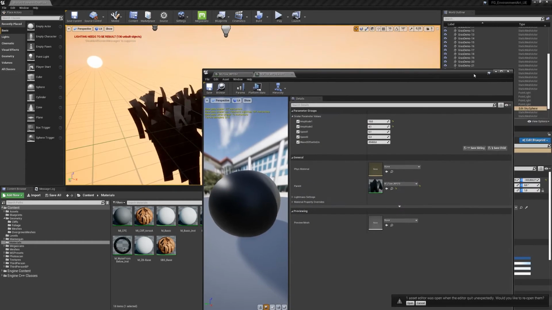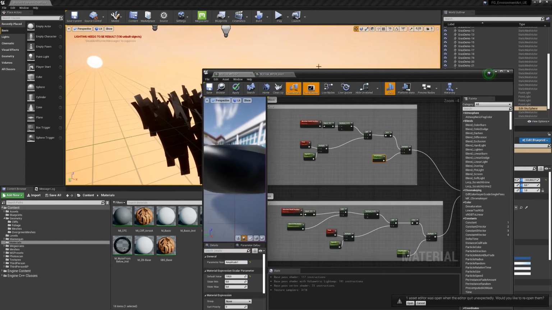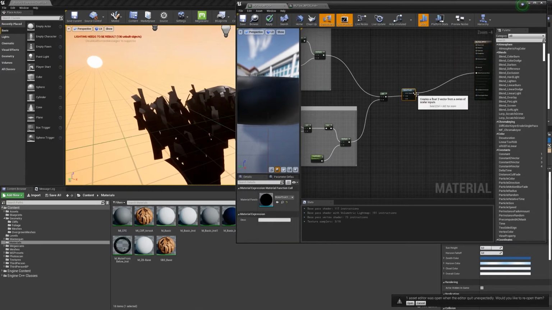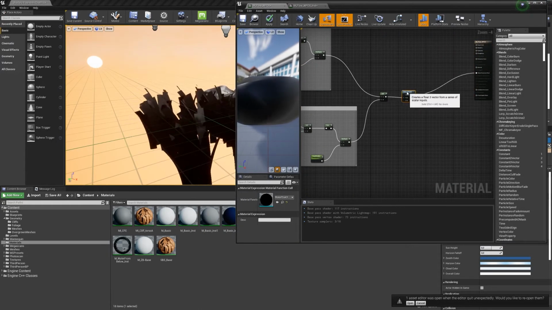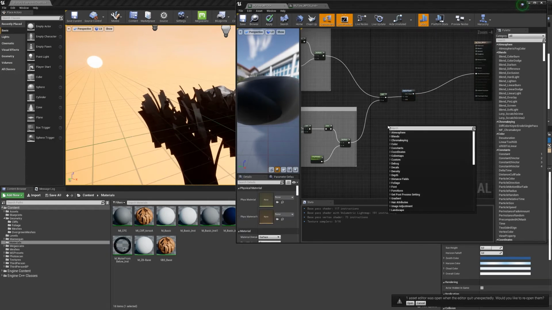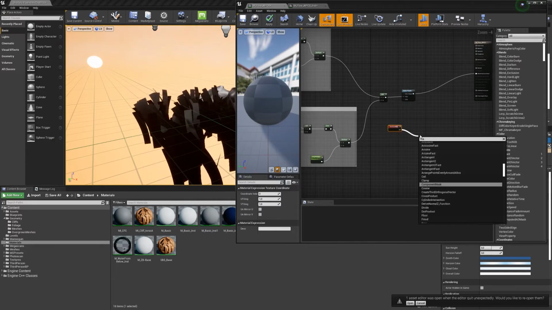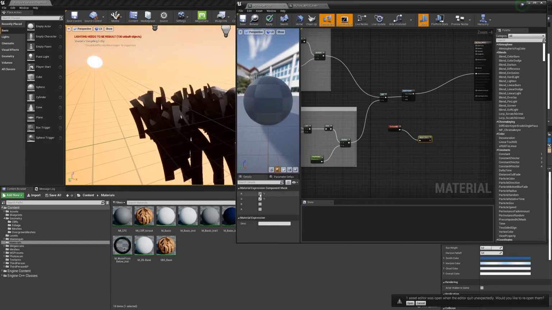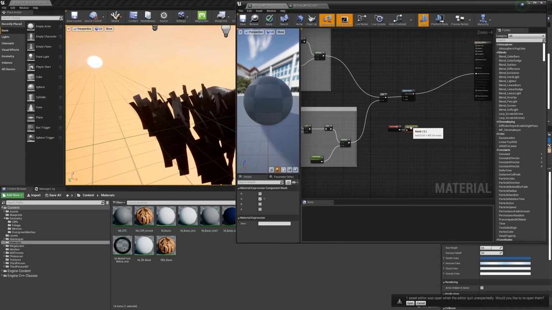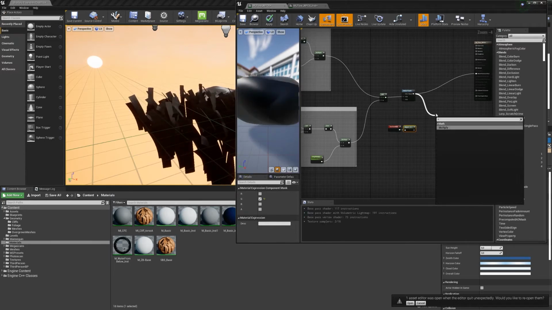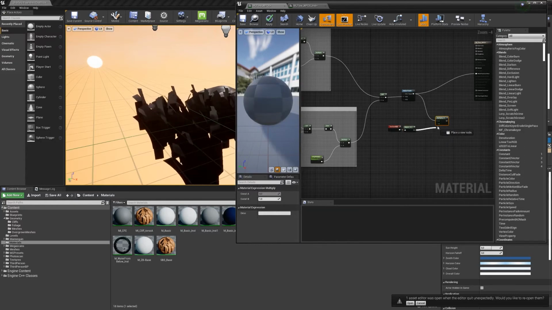So I'm going to do a quick mask here and just multiply this whole effect by the V coordinate. So I get the texture coordinate like that. I mask the G, which would be the V component of the UV, and I multiply. I think I will have to do like 1 minus or something here, but